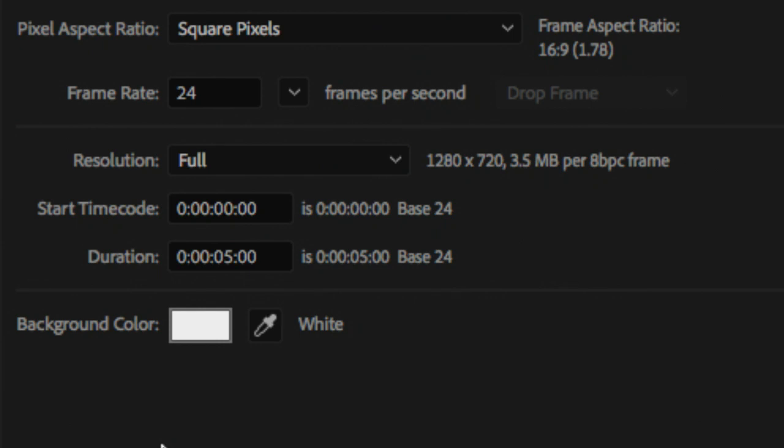I can even turn it over. I don't know why I'd turn it over, but I can. Anyways, all right. Okay, so